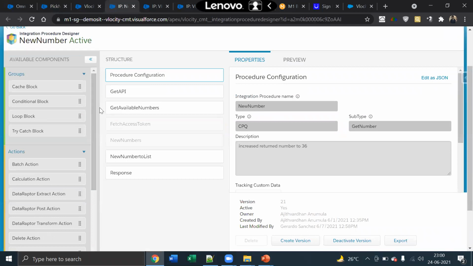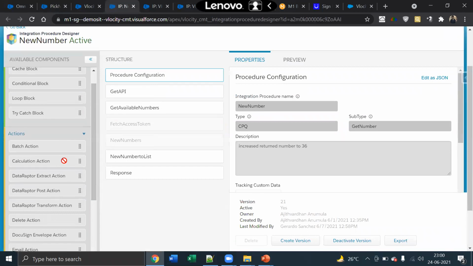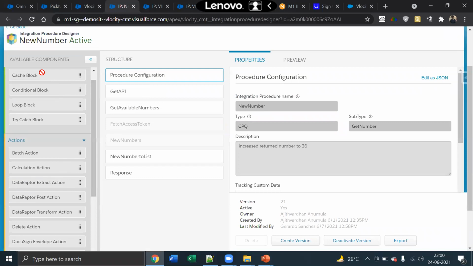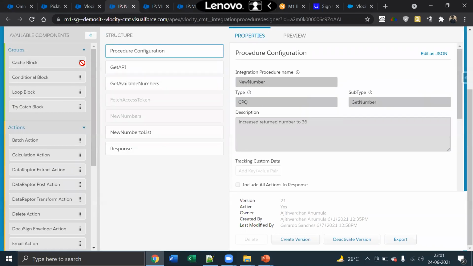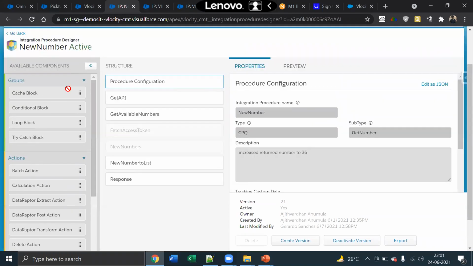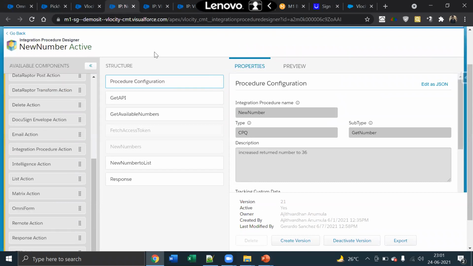This is an integration procedure screen, which looks almost like an Omniscript screen. On the left hand side you'll see all the available components provided by Velocity. In the middle you drag and drop those components, and on the right hand side, for each component you drag and drop, you can define the properties, right? Usually to make any API call you have to create an Apex class, but in integration procedure, just click on new in the